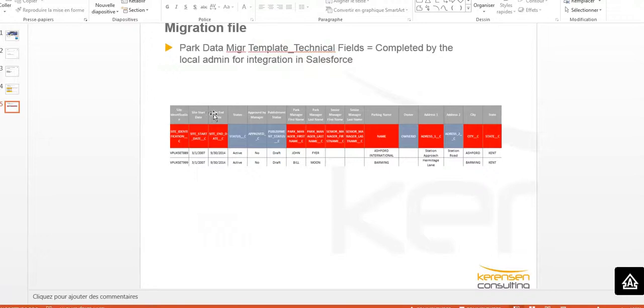You will remove this column here and you will check that all mandatory fields are completed. You will need also to enter an owner ID. So we'll need to make an export of the Salesforce user of your country and to put the proper Salesforce ID here. And then you are ready to make an insert and then to update data based on the site identification.